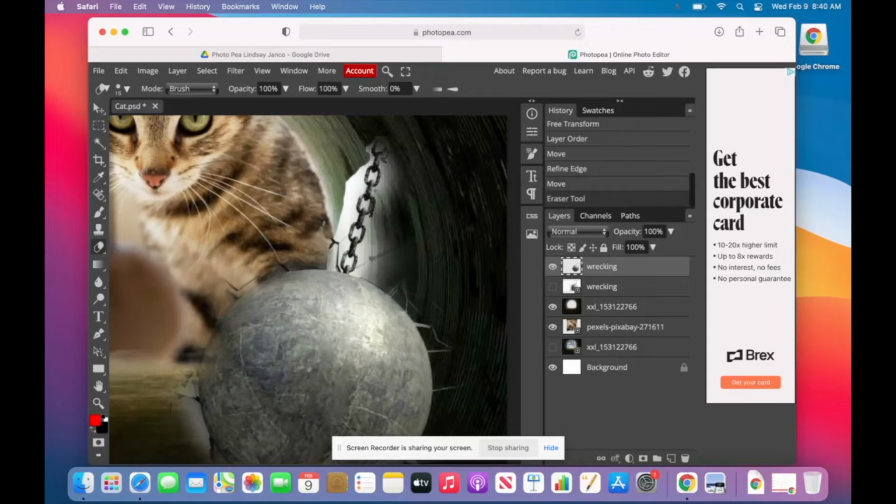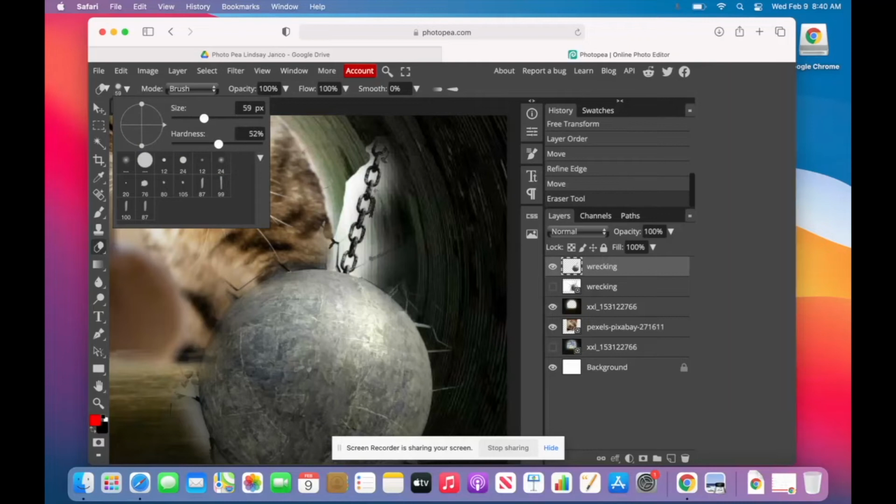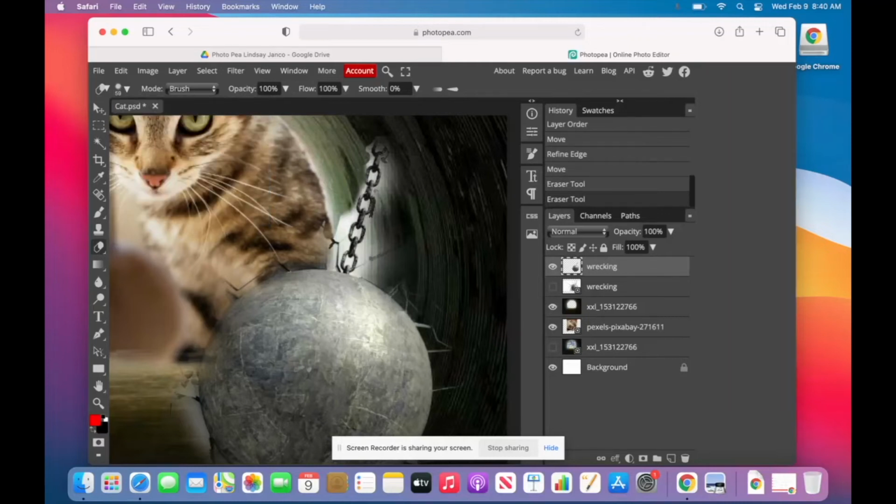So if I need to change the size of my eraser, up here in the corner, see, it shows that I have my eraser tool selected. Next to it, it says 15. I'm going to click on that, and I'm going to make my eraser a little bigger, and then I'm going to make it a little softer. The softer means that the edges aren't like a hard edge of my eraser. It's going to be a softer edge, and it makes it a little more neat. Oh, I went too far there, so I'm going to hit Control Z